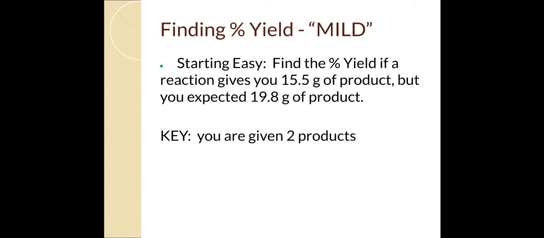Here's our example. We want to find the yield if a reaction gives you 15.5 grams of product, but you expected 19.8 grams of product. So we ran the reaction. We measured the stuff that we got at the end. We got 15.5 is what we actually got. But when we were doing our calculations, we should have gotten 19.8 grams of product. So question is, what's our percentage yield here? Well, here's the key. The key to this is that